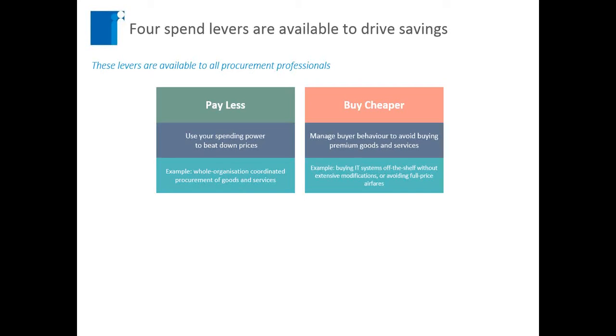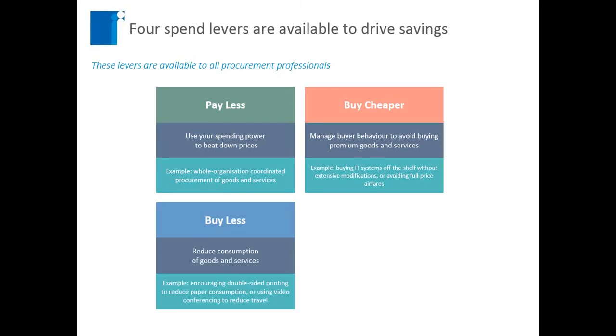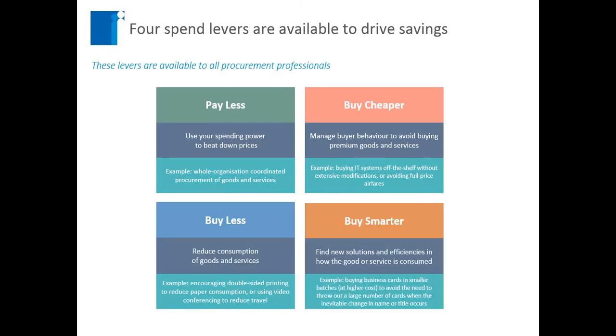spend lever. The next spend lever that we looked at is to buy smarter. Buy smarter basically means finding new solutions and efficiencies in the way the goods and services are purchased and consumed. What does that mean? Well, it probably means shifting away your focus from a per unit cost to process costs. So think about business cards. If you buy them in really large batches, say 1,000 at a time, obviously the per unit cost is really small. That said, the process cost, when you think about people changing jobs all of the time, might be